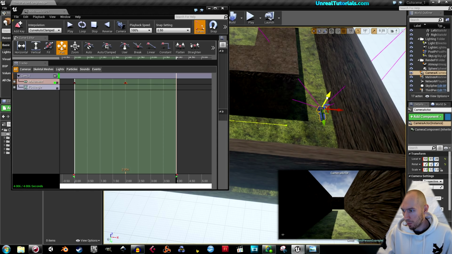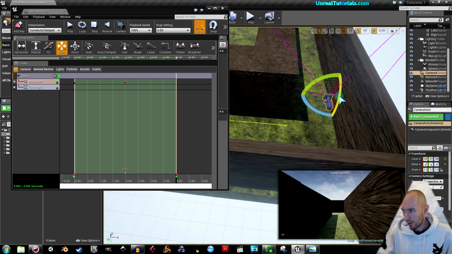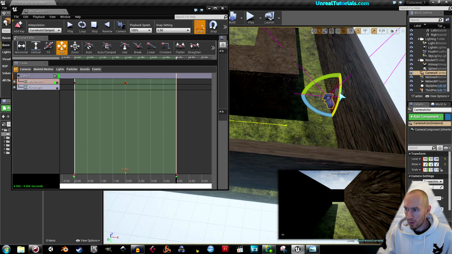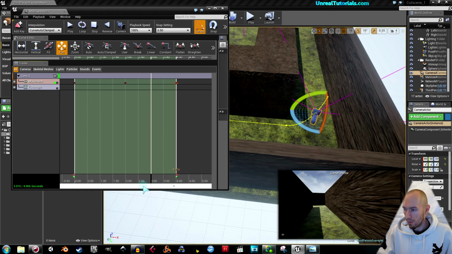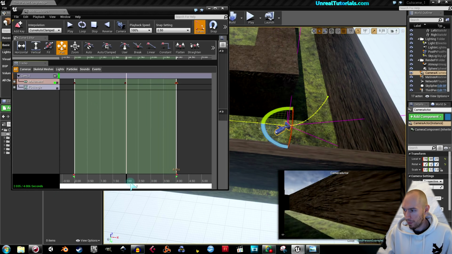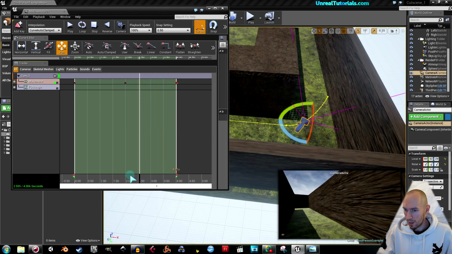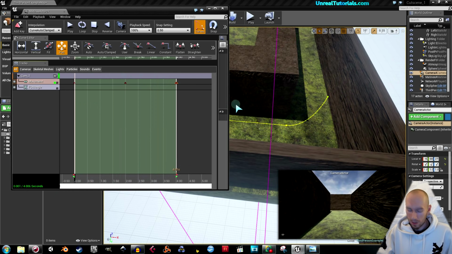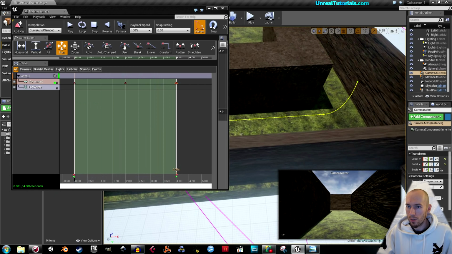Maybe a little bit up and then a little bit down, and then enter like this. So let's see if this is okay. Yes, it is. So now, just to make sure this works, I'm gonna close the matinee actor,